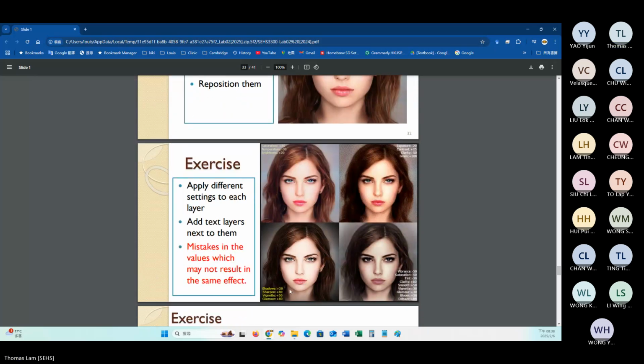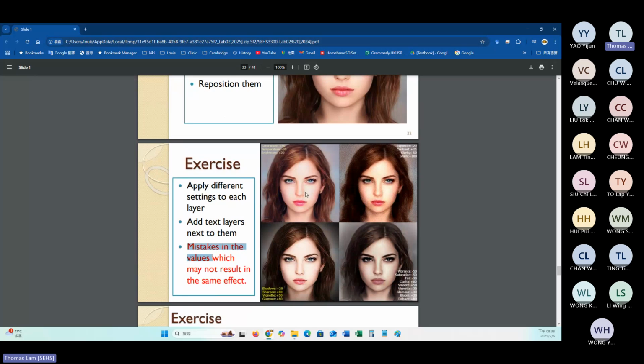At the end of this exercise, you should have this final work, and you need to copy the lady's photo into 4 copies. I'm so sorry that some of the values there may not be correct.